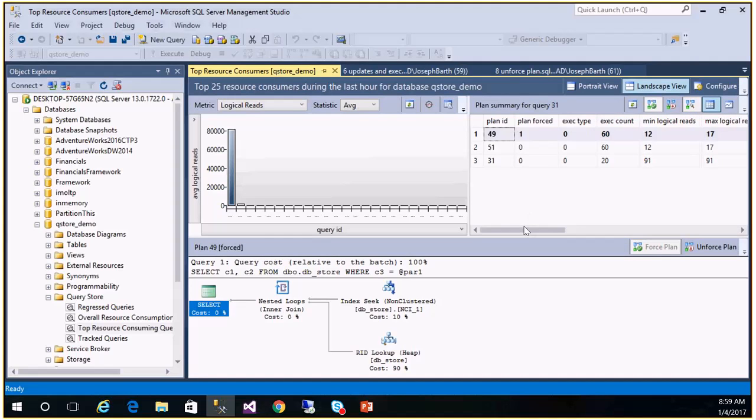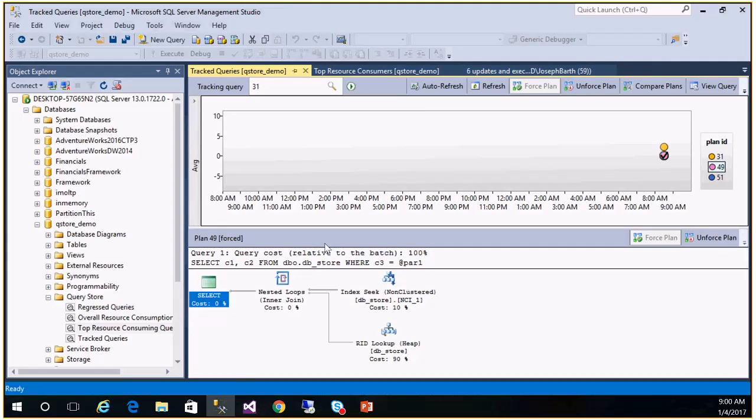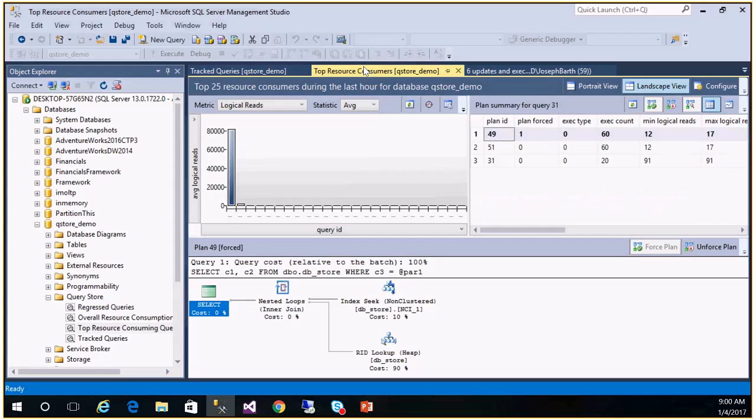and review these historically. So you can set this to be tracked. So we're on the query, and you want to track the query. You select track, and then it'll track it. So that's one way to maintain and understand your queries, because your top resource consumers, this is only the top level ones, and you're going to have multiple plans, queries running, and you may want to just track